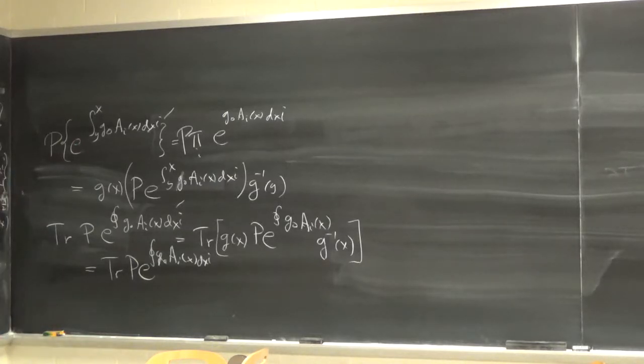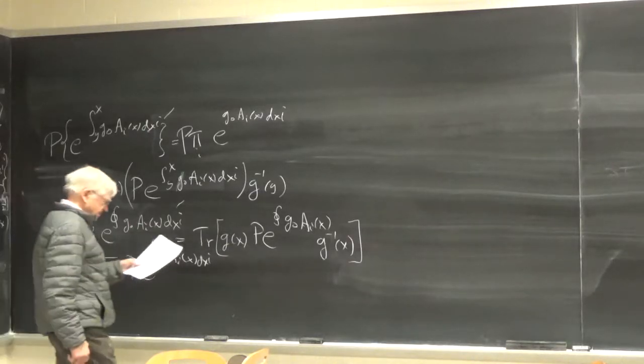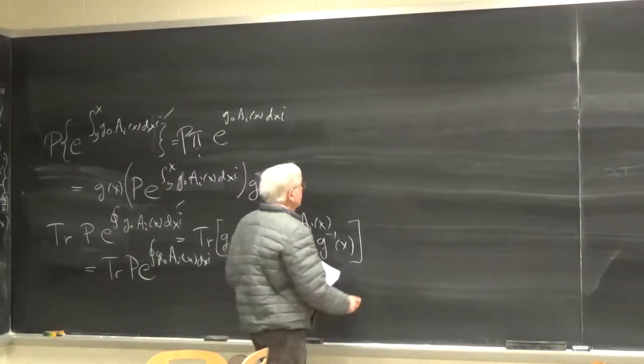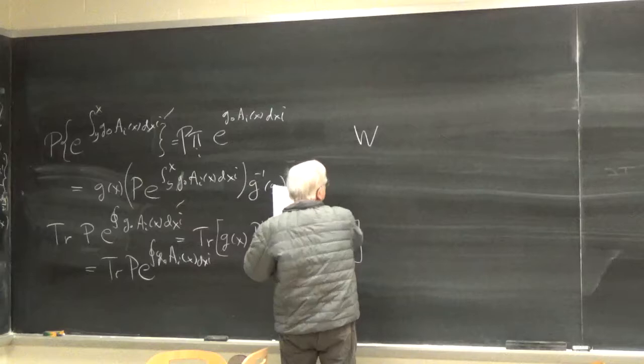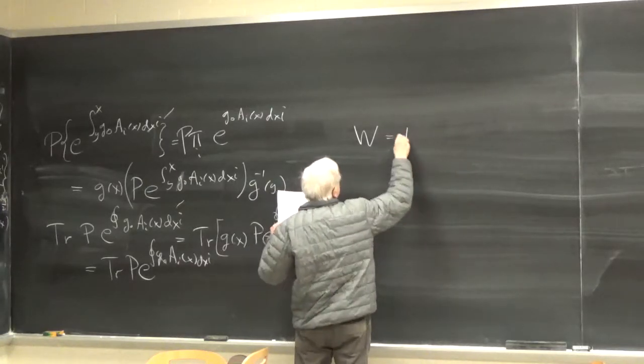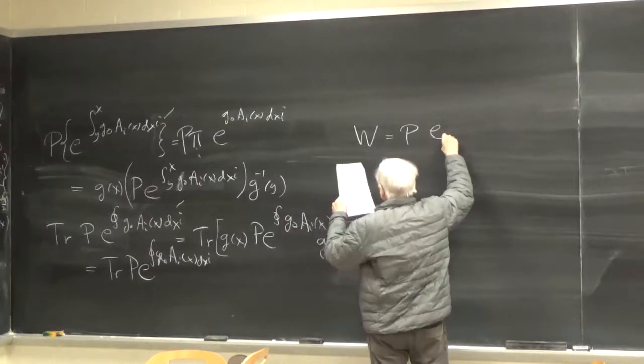So that's one of the basic rules, and I wanted to work it out for you this way. I think it is more detailed than what I did last time, and also the signs are more conventional and correct. So now, a Wilson loop is a path ordered exponential